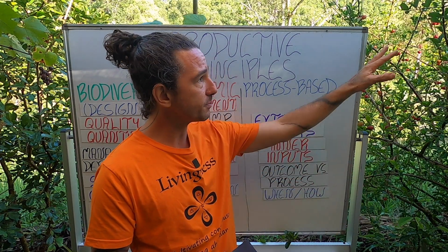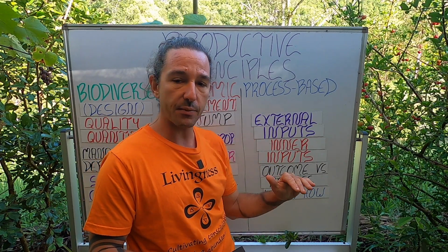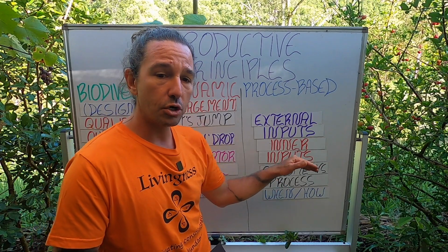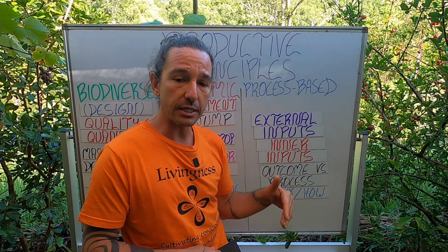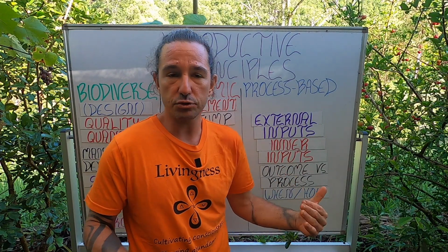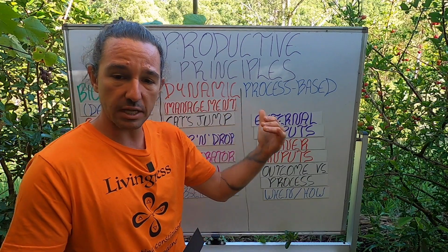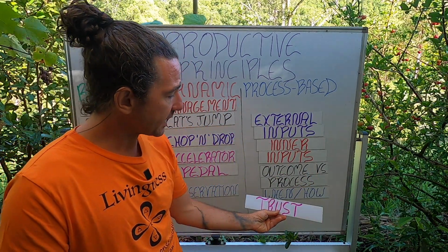So how are we going to be pruning those trees and when are we going to be doing it? It's very, very important in this system. So again, we're looking at processes, not outcomes. So we're looking at how can we keep things moving to optimize photosynthesis. That is the game. And also trigger some flowering processes and production. This is pretty simple. So to me then, we really need to